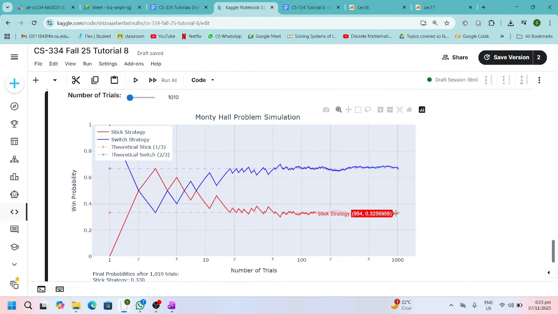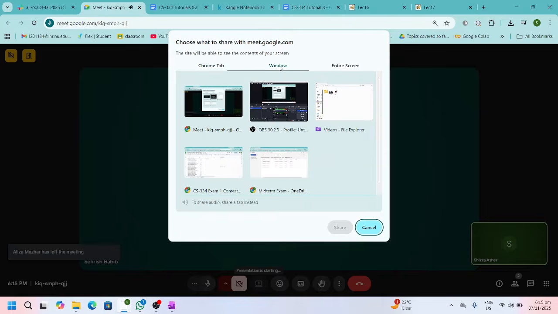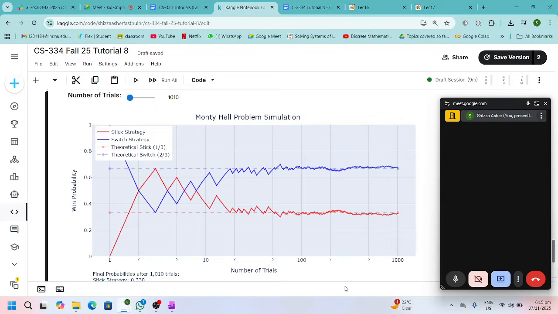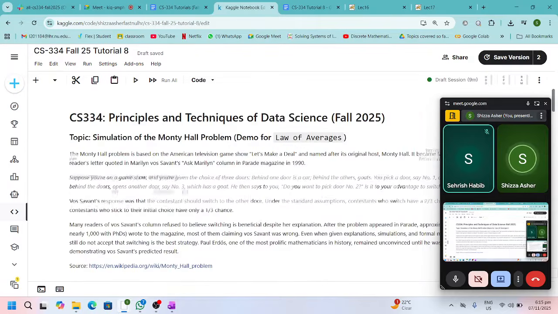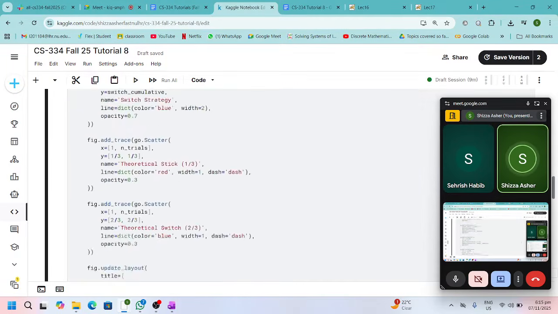The theoretical probability should be 67% and 33%. Yes, Sarish, are you showing something on the screen? 100%, can't you see it? No. This entire time? Yeah, no. I thought you were just... okay. Oh my. Can you see my screen now? Yeah, yeah. Okay, perfect. Well, I hope you were listening though. So I'm just gonna show you